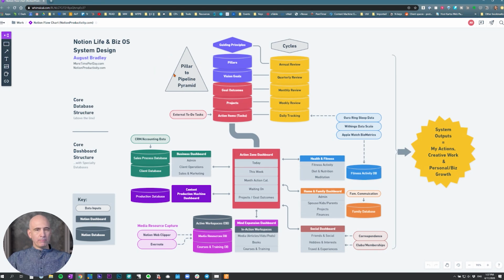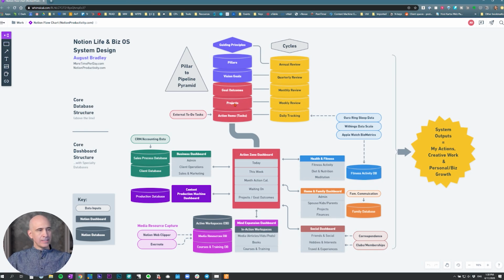I call it that because pillars are sort of the elite, narrow aspirations and structures of our life that are ongoing always and need to be maintained to keep the roof up on our world. But those are a few very specific items that everything supports. At the bottom, we have the action items, which are many, many tasks. This is the database with the most numerous entries because it's every little thing that builds up to each level above it that supports. So every little item you need to do ends up in the action items task database. That's at the bottom.